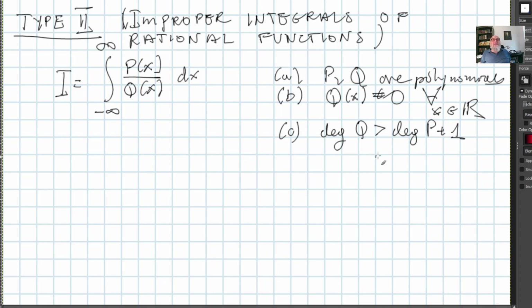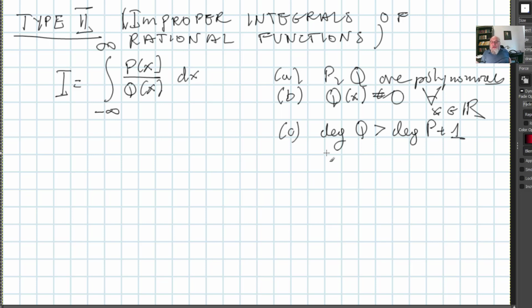That means the numerator has degree at least 2 smaller than the degree of the denominator, and that will guarantee the convergence of this improper integral. So with these assumptions, this integral will converge. On the other hand,